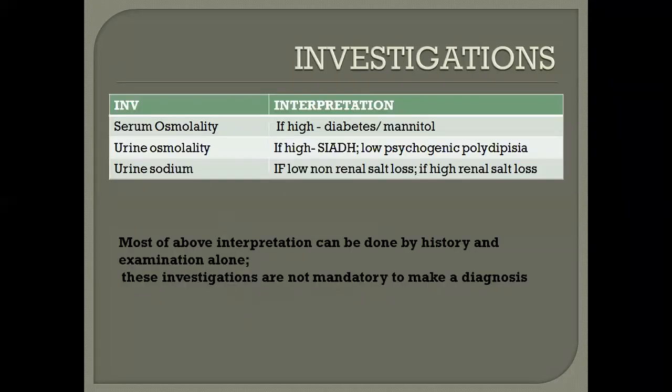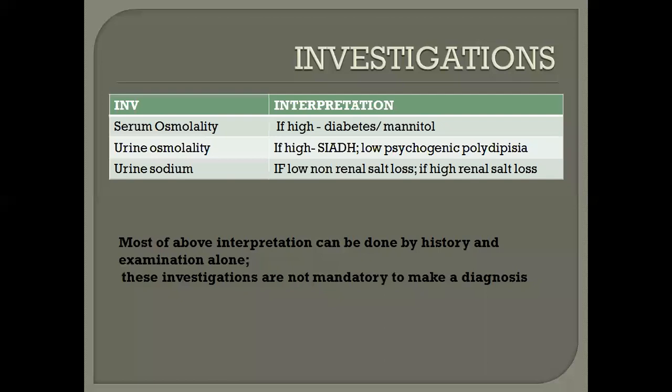If we talk about investigations which have to be done in the workup of hyponatremia, most texts will mention these three: serum osmolality, urine osmolality, and urine sodium. So what is the purpose of doing serum osmolality? In most cases of hyponatremia, serum osmolality should be low because sodium is the important contributor to osmolality. But if you have diabetes or you're adding other hypertonic solutions to the blood, such as mannitol, you will have high serum osmolality accompanied by hyponatremia. That is what you look at by checking serum osmolality.